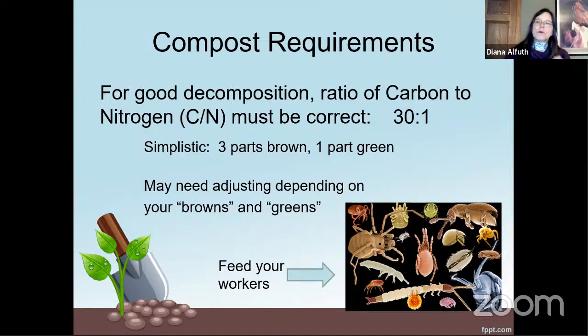But in order for a compost pile to work, it has to have the proper ratio of carbon to nitrogen. And that ratio is typically somewhere around 30 to 1. So if we're talking parts per million of carbon to parts per million of nitrogen, it's 30 to 1. And the reason that's important is because